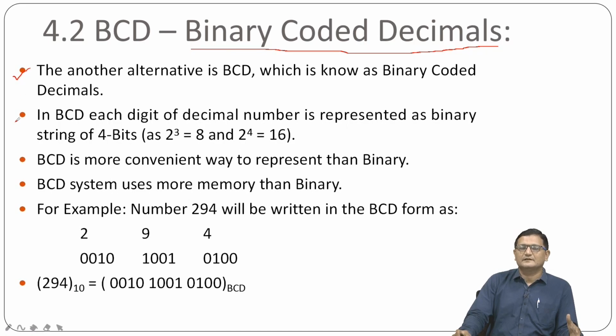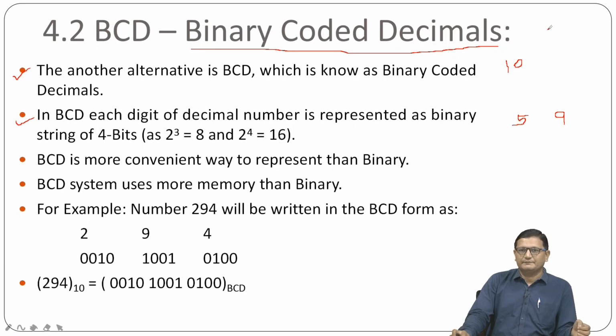Now here, in the case of BCD, each digit of a decimal number is separately translated into the form of binary. Let's suppose, how many symbols are there in the decimal number system? We have 10 symbols, right? So if you want to convert, let's suppose, this 5